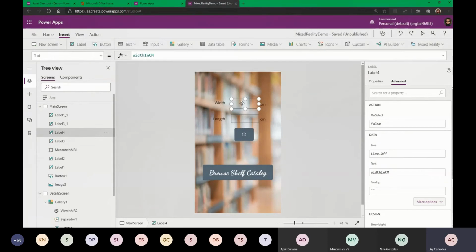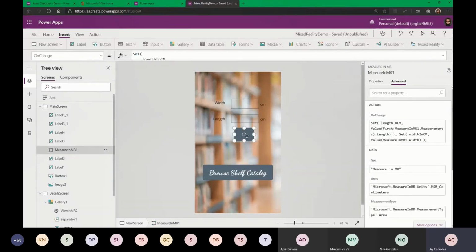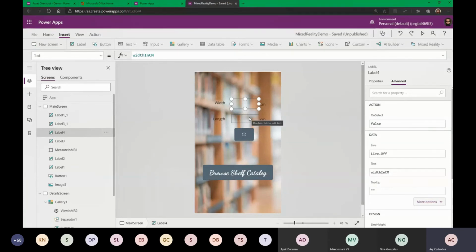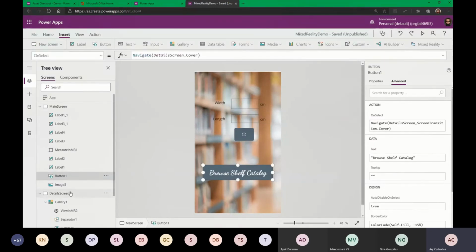And then I put all the variables here. I put the variable width in centimeter under the width, same as well with the length in centimeter here in my length. So once I'm done, once I click the measure in MR1 here, it will get all the measurement here. And then once I click the browse catalog button here, it will redirect me